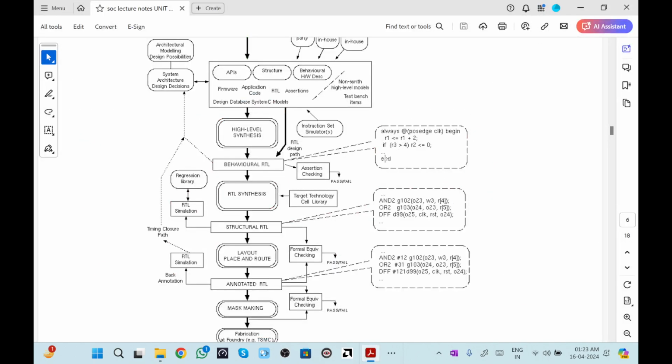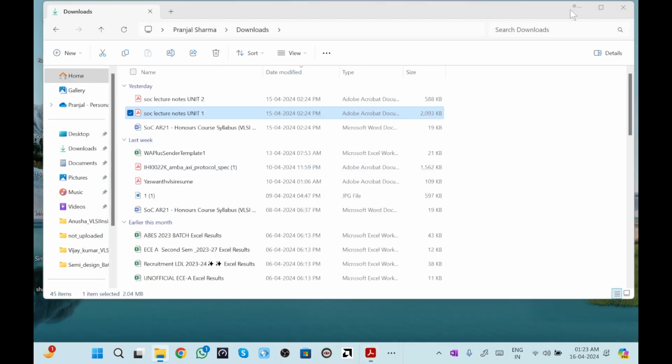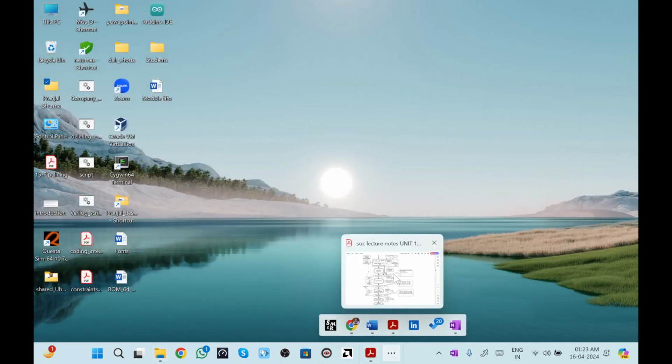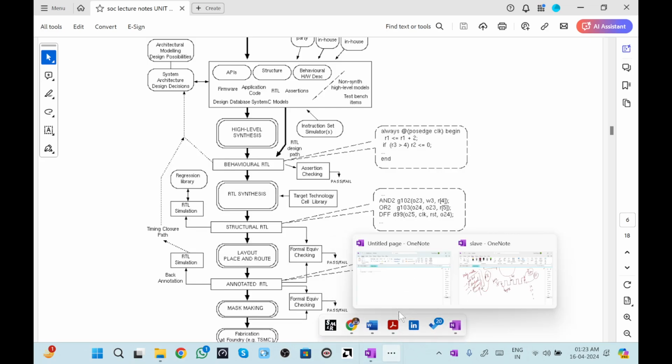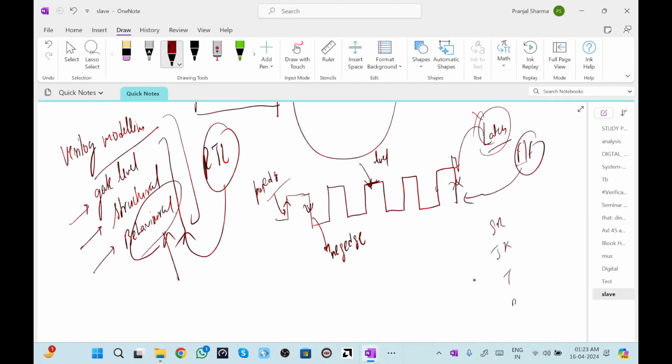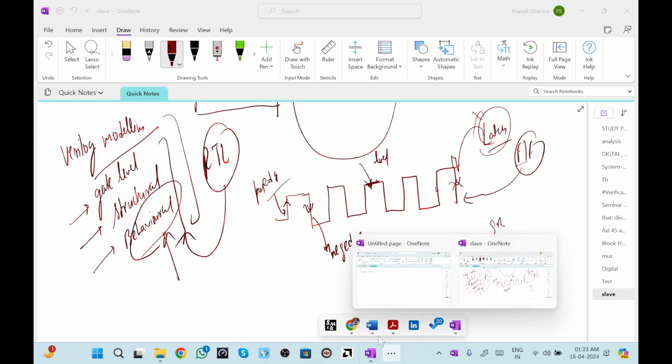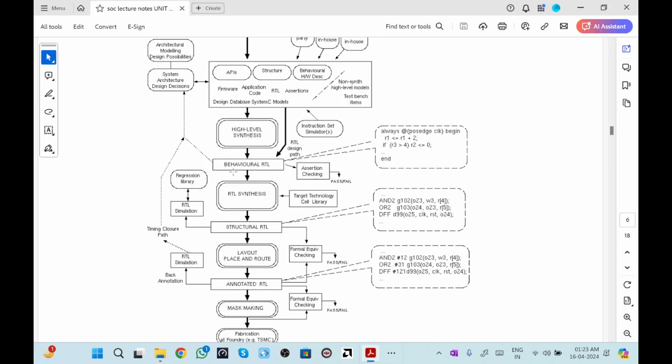So let us just look back. Behavioral RTL logic uses the always statement and a posedge sample to trigger the value. Then there is the structural model I told you about. There are three different styles in which we write the code: first gate level, then structural, then behavioral. These are the three basic styles we are working with. I have talked about the behavioral, which uses the always block.